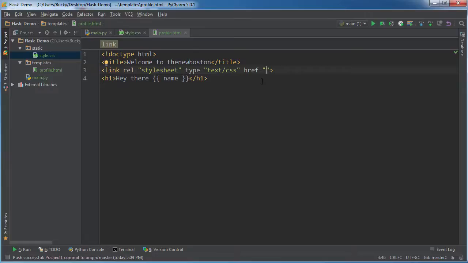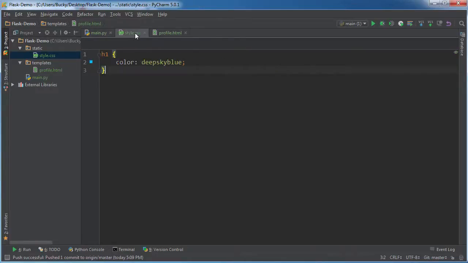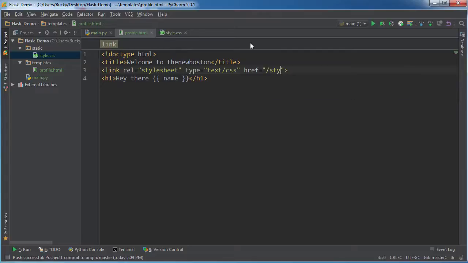Now you may be thinking, okay, so this is the point where I actually link to the CSS file. So I'm probably just gonna go like static and then style.css. But what you actually want to do is call a Flask function from here. Why you do this is going to make sense in just a second, but the function is called url_for. So we want a URL for static as the first parameter, and the second one is just the filename. So filename is equal to,